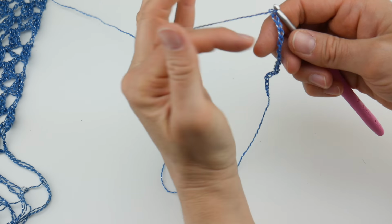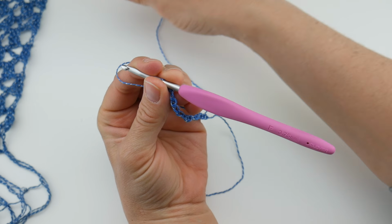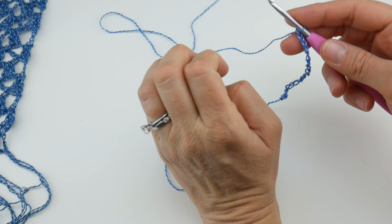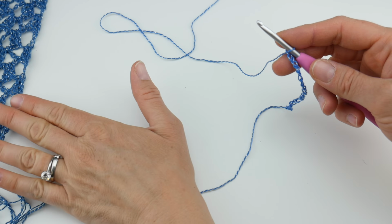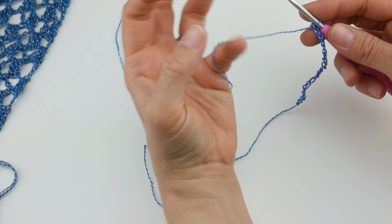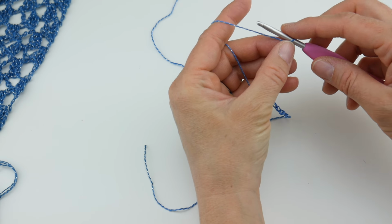Okay, so for row 1, this is a super easy pattern. You may even recognize the stitch from some of my other projects. I tend to have lots of favorite stitches that I like to apply to other projects. So for row 1, in the 4th chain from the hook, we're going to work a